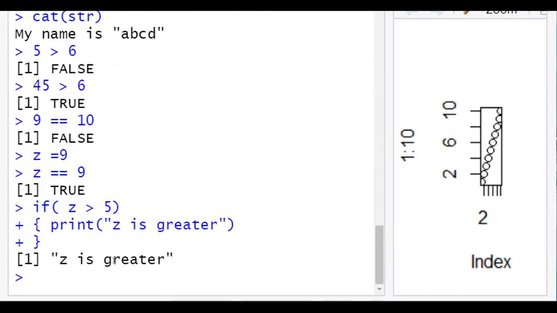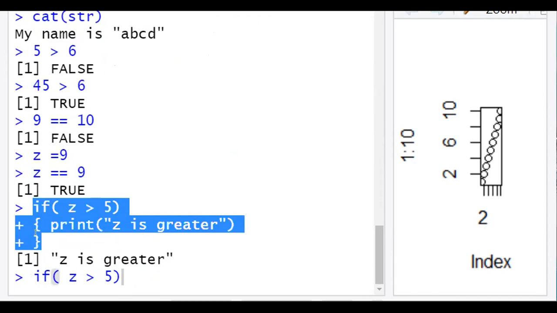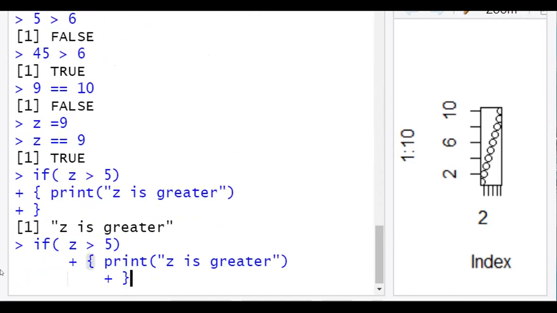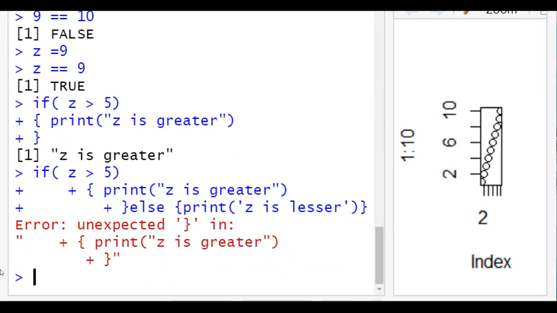It has printed "z is greater" because the z value is 9. Similarly, we can also put the else case, and print like this.